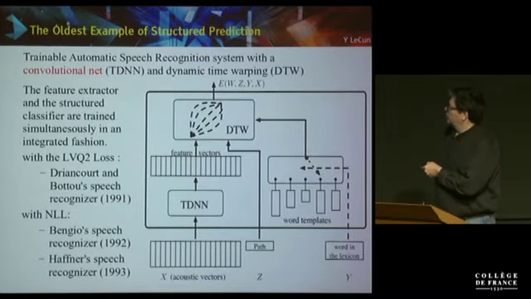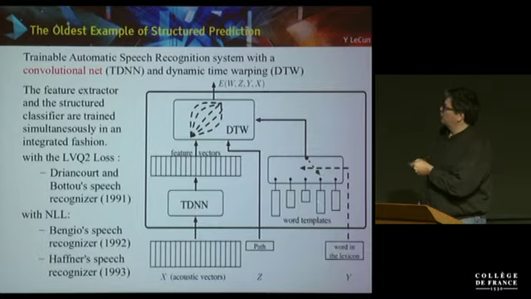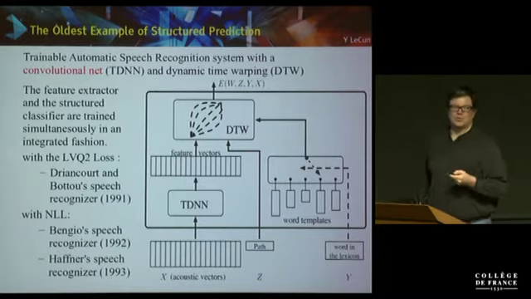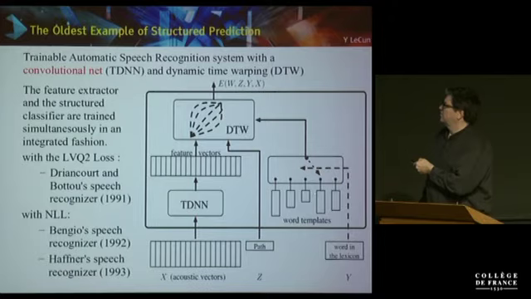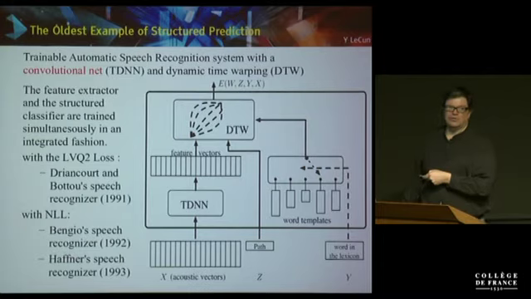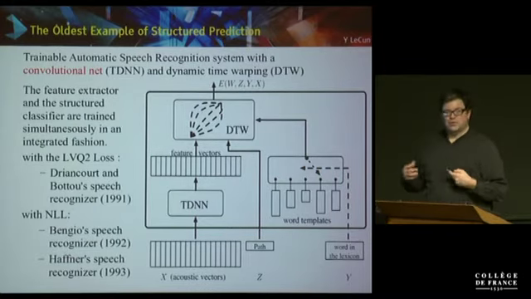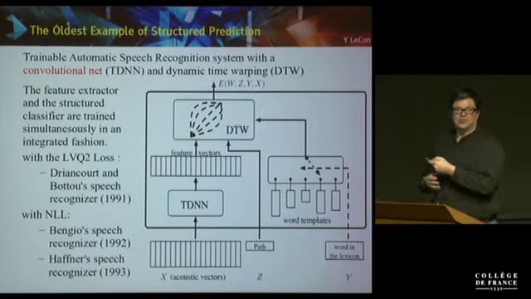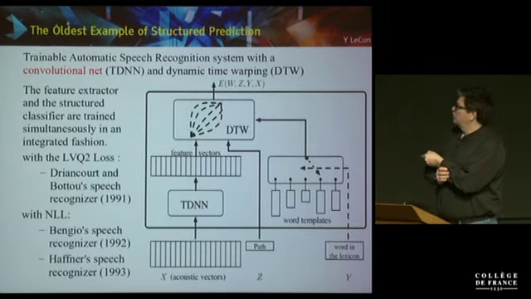With this time warping, the way you train this is that you need to train the model for the correct word with the closest one possible to the output of the network, and train it with the closest one possible to the output of the correct model template, word template. This is quite simple. You can obtain a gradient of this distance through time warping with respect to the network output, so that you can back-propagate gradients in the network for training. But that's not enough. If you do only that, minimizing the distance between the output of the network and the template,